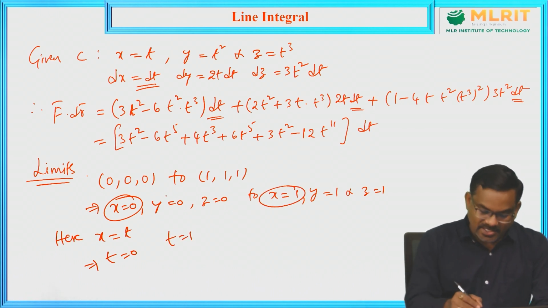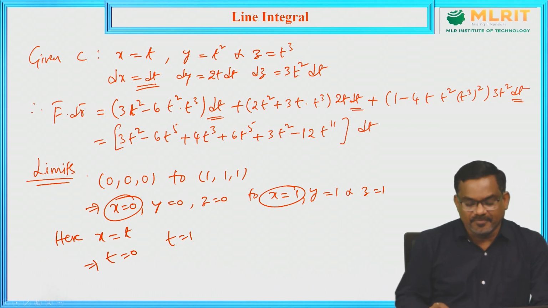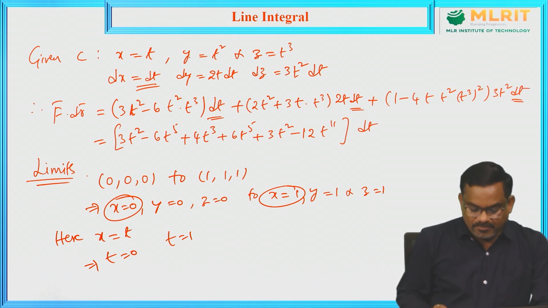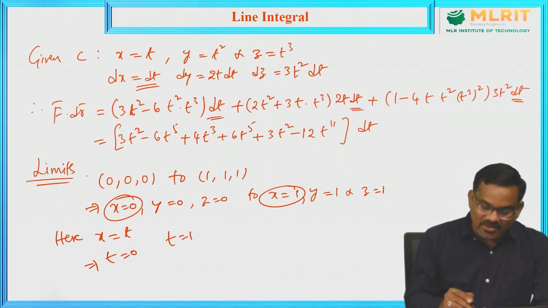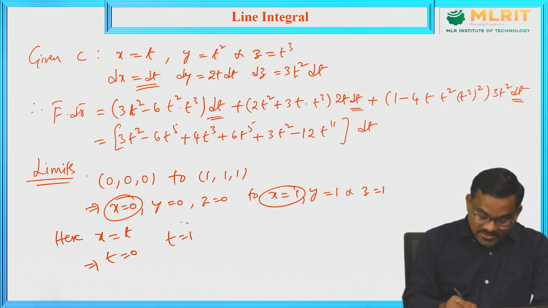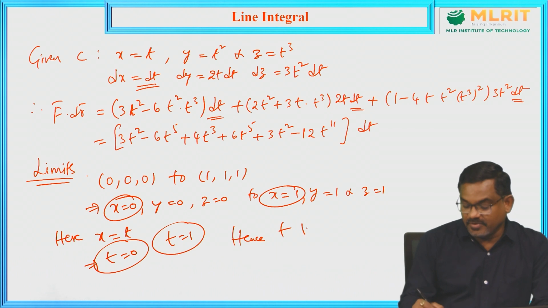Similarly, if you take the second one, y equal to t square, put y equal to 0, then t equal to 0. Put y equal to 1, t square is 1, so t equal to plus or minus 1. But the common value which satisfies all the three conditions is t equal to 1 only. Hence, t varies from